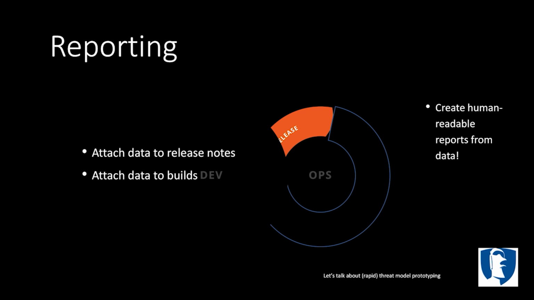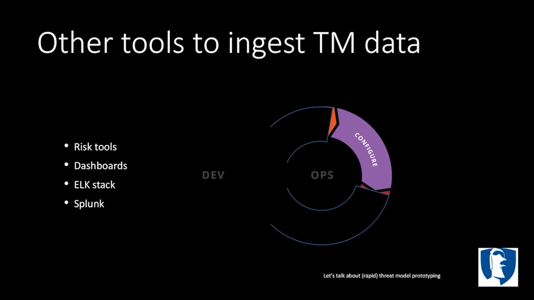And finally, with reporting, I can take that information now. Because what have I done? I've numerically ranked all these different zones and I've placed it down to the very simplest bare bones, STRIDE. I can now pull that information out and make reports on it, and I can send those reports out or I can send them out as JSON. And they can get consumed by other downstream components, such as risk tools, dashboards if we create them, such as Kibana, Logstash if you want, Splunk, et cetera, et cetera. We're using ArcSight right now, and we're pulling this into ArcSight.